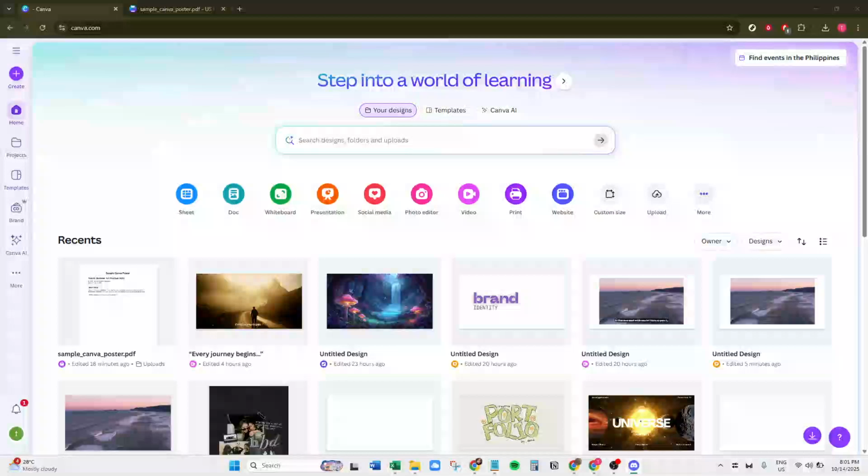In today's video, I'm going to teach you how to export a Canva file as a PDF. Now, whether you're looking to save your design for printing, sharing, or simply preserving in a read-only format, exporting as a PDF is a great choice. In the next few minutes, I'll guide you through a straightforward process, making it easier than ever to have your